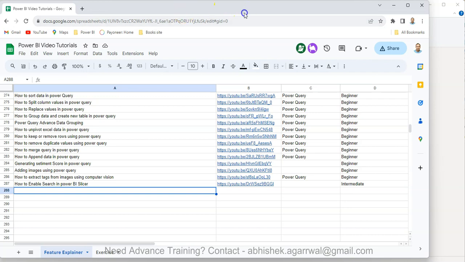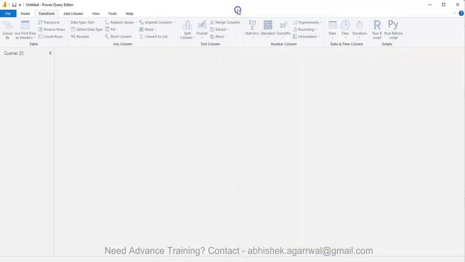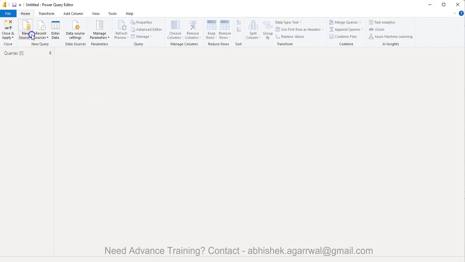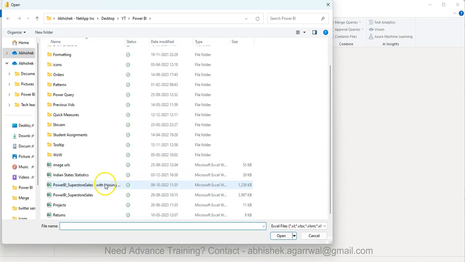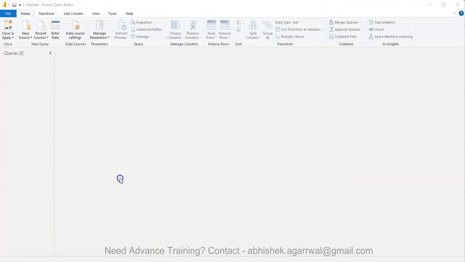Okay, coming back to Power Query. All right, so here we are, and first thing first is the data set. It's a very simple pivoted data set, and I have it over here: Superstore sales, and the link of this data set is present in the description. For this scenario, I have just created a custom data set out of the